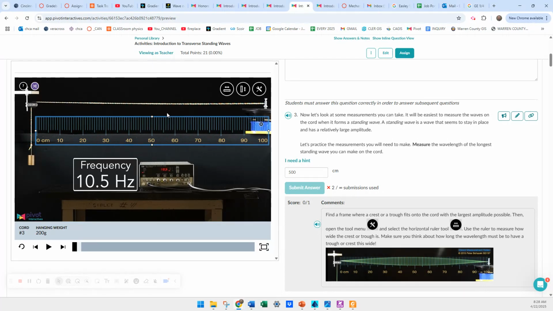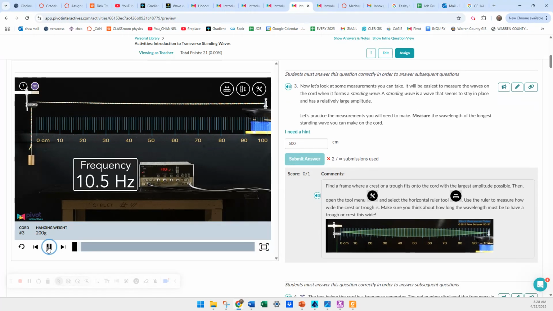The way that this works, you have to press play, and then this is a video of an experiment that's taking place. What's happening is you have a string hanging on a pulley, and this weight is pulling on the pulley, and then you have a thing sending pulses down it at different frequencies. You can think back to our